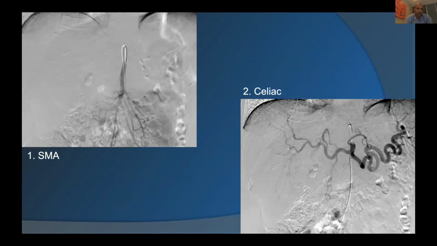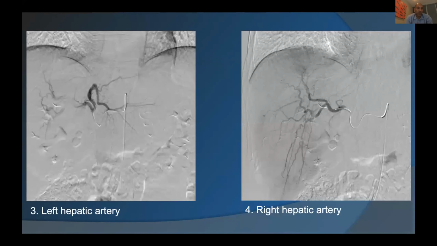So we do an SMA, and this assumes routine hepatic arterial anatomy. We do an SMA run, look for a variance, look for portal vein tumor, portal vein thrombosis. We do a celiac angiogram, which you can see on the bottom right. Even though it's a right hepatic lobe tumor, we study the whole liver. So I catheterize the left hepatic artery in this case, do a full DSA to look for any other tumors or cross-filling from the left to the right. I then do a right hepatic artery DSA, and then you can also see that tumor blush in the dome of the liver.